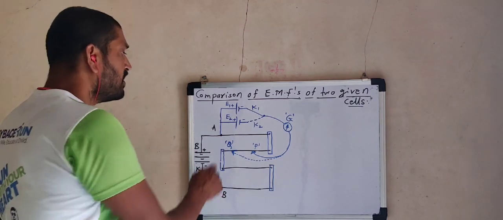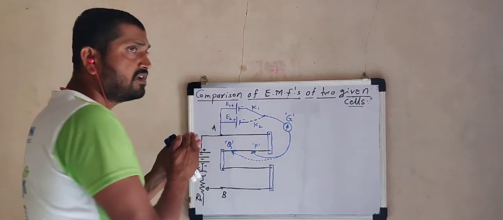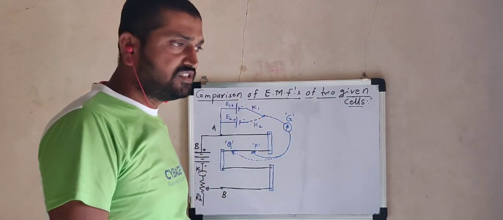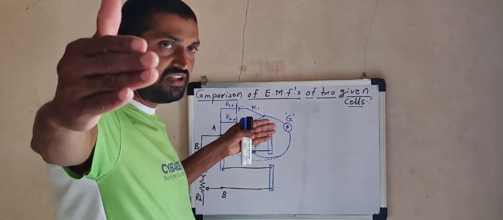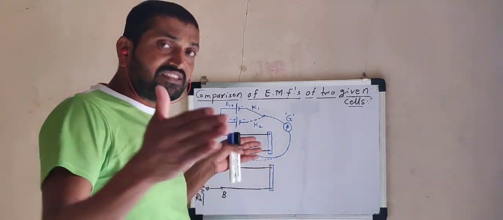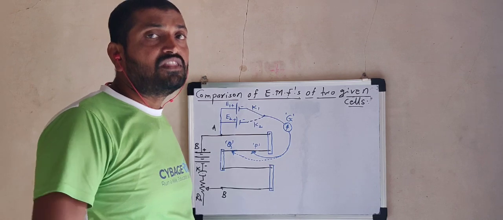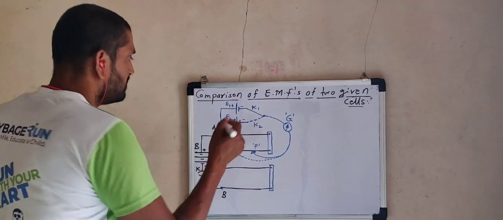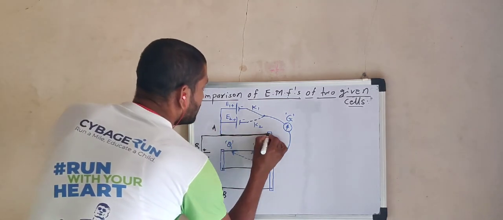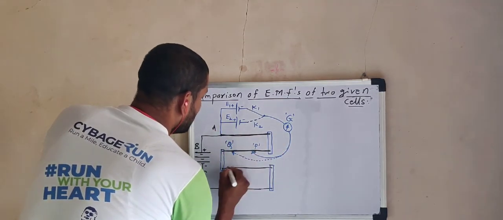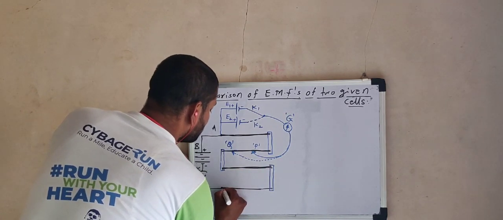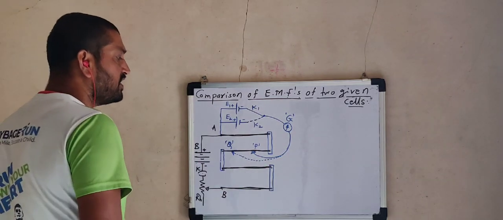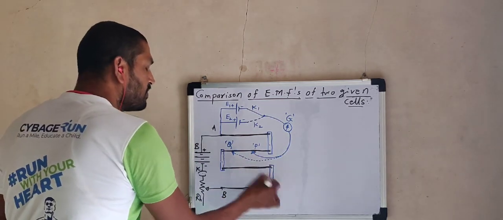Now here, if we use this wire in a continuous fashion, the space required will be greater. Imagine 4 meters of length will be required. Just to minimize the size of this device, the entire length is divided into 1 meter segments. Imagine this is the first 1 meter portion, this is the second 1 meter portion, this is the third 1 meter portion, and this is the fourth 1 meter portion. And now again these four parts are connected together by using thick L-shaped copper strips.